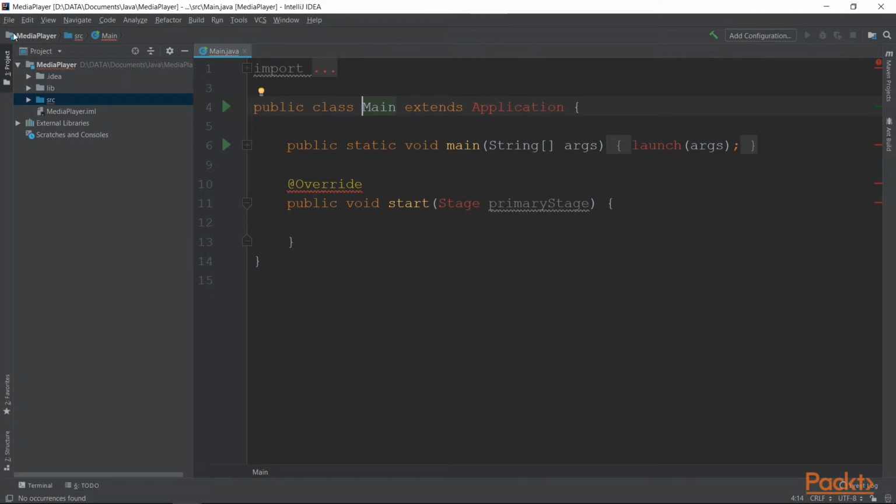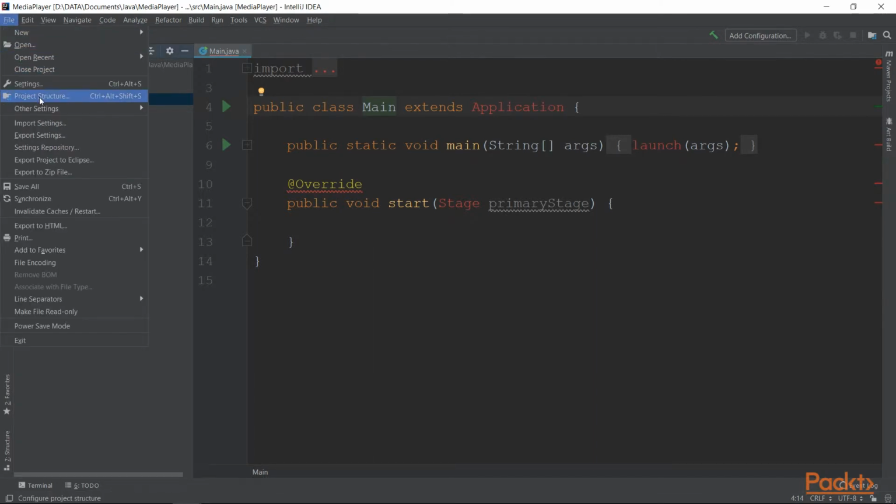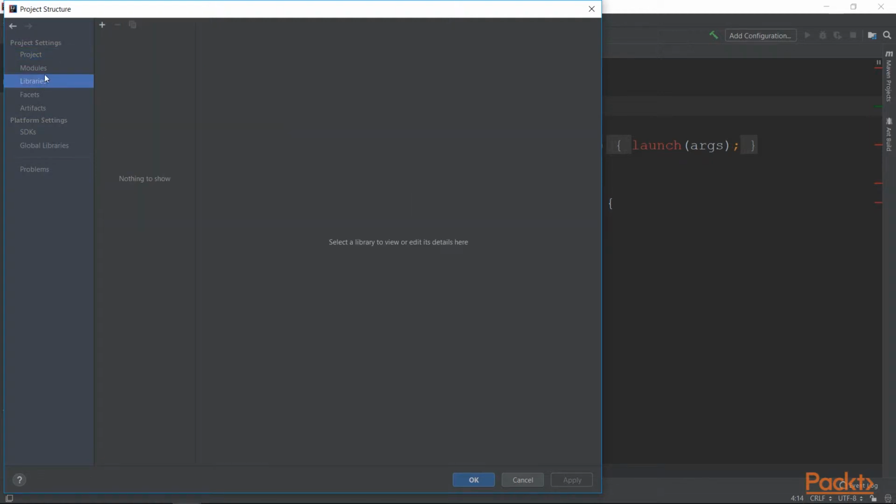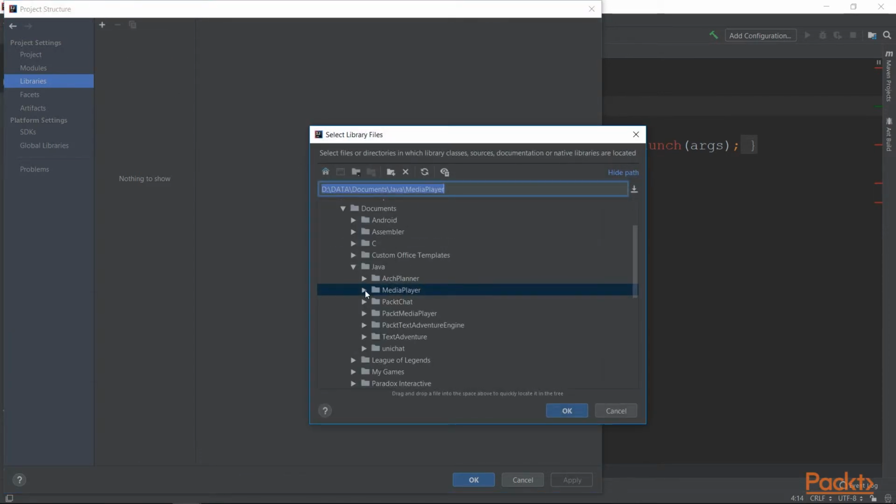Now that this is done, let's go to File, Project Structure, Libraries, and make sure that we have JavaFX set as a library. We do it as follows. Click on this plus sign on the left, Java, and